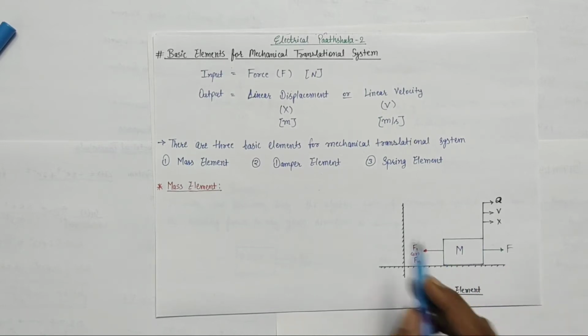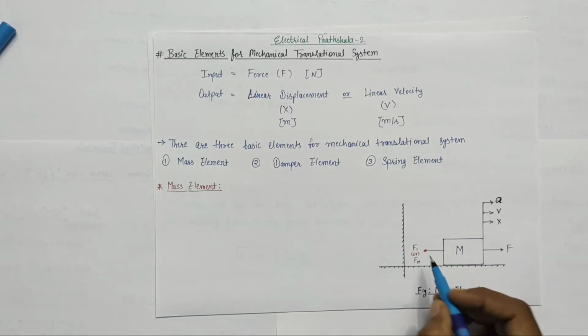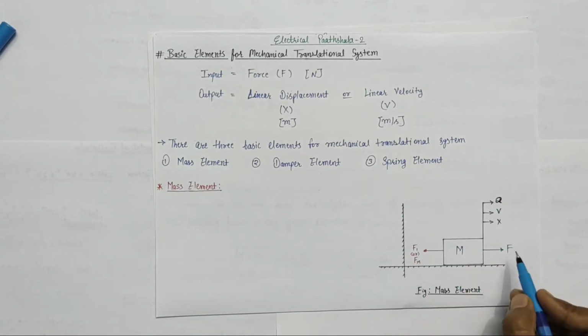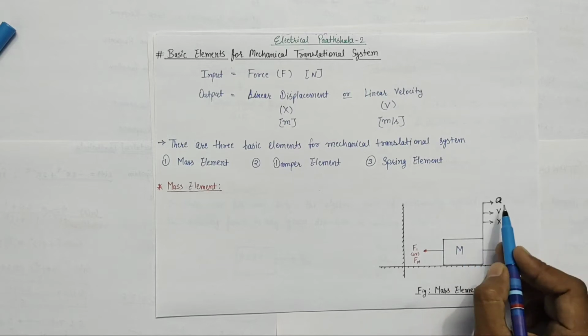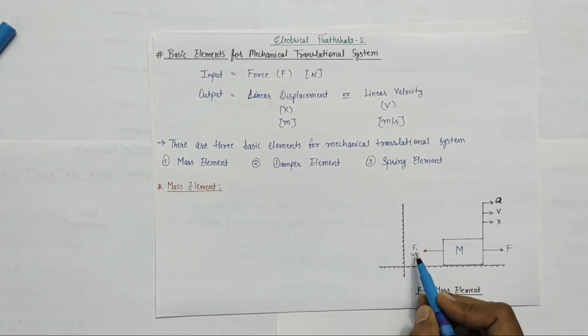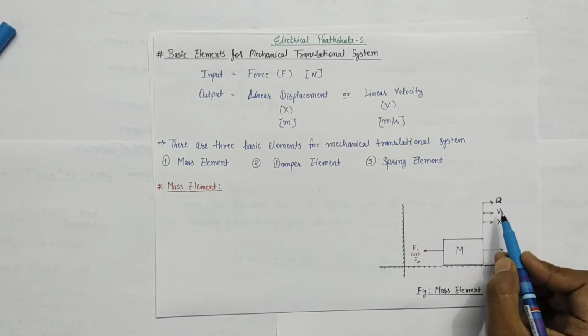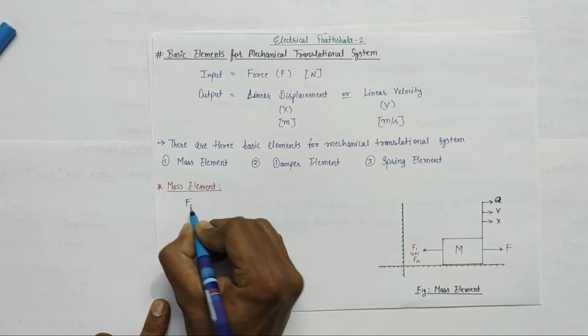Now here we are assuming that the other two elements, which are the damper element and the spring element, are negligible. Therefore this resisting force F1 is equal to the externally applied force F. Now guys, always remember that this resisting force F1 is directly proportional to acceleration a, or we can also say that this resisting force F1 is the product of mass m and acceleration a.